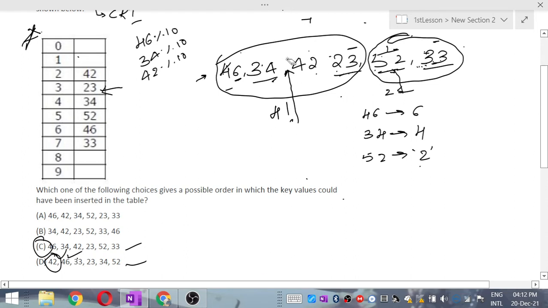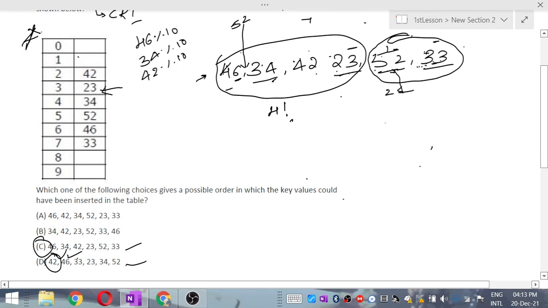52 can also come before, what is that number, I forgot, sorry. 34, yeah, 42. Now let us see, can we place 52 here? The number of ways may get increased by doing this.